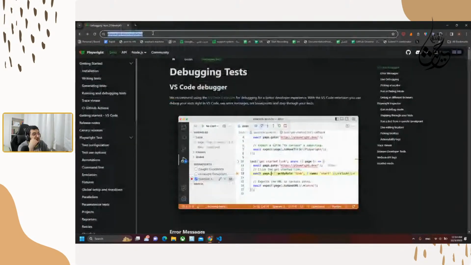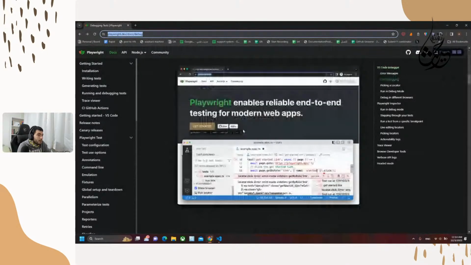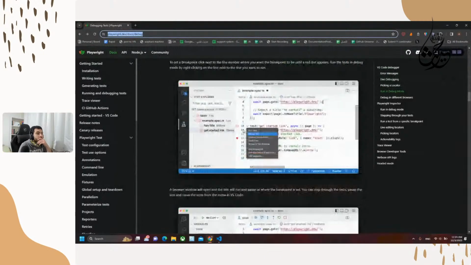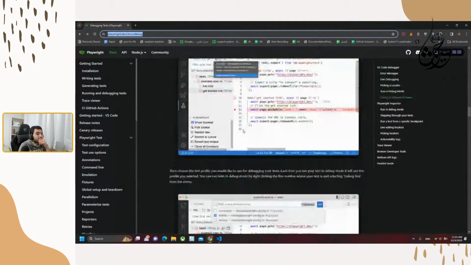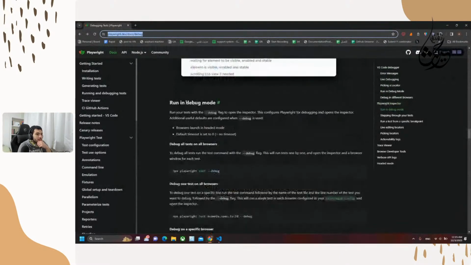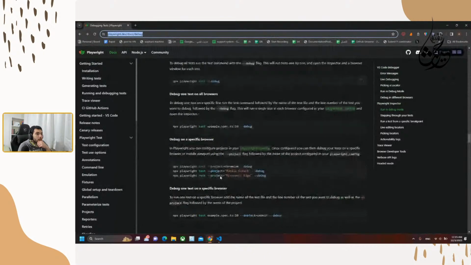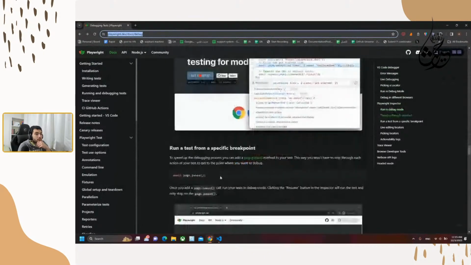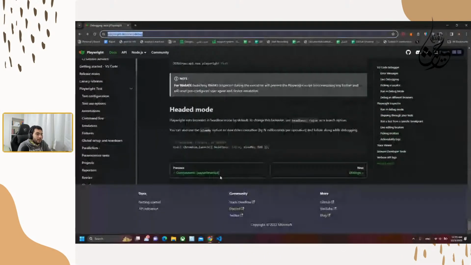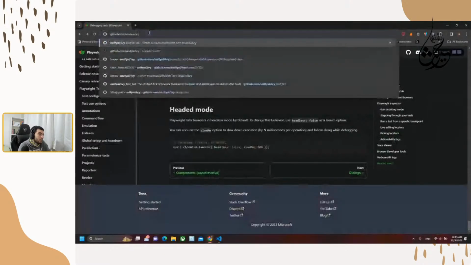And here we have the debugging test for Visual Studio Code, and it's showing us how to use this debugger. I think I could do that. And we have an inspector, and we have a debug mode. Okay, there is cool stuff related to the debugger. I think I could check that at some point later. What I would like to do right now is go to the app,